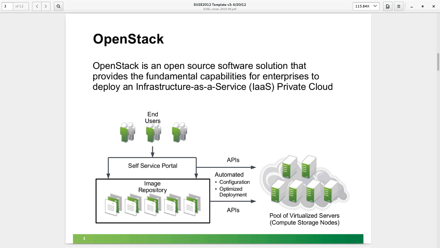Some people refer to that as software-defined everything. A set of standardized APIs that allow you to automate the deployment and management of services running on that pool of virtualized servers, and then you've got a portal that allows your end users to access that. And by extension, platform as a service just takes that one level up, where the self-service portal also includes access to more predefined application environments, to more greatly simplify the process of spinning things up.